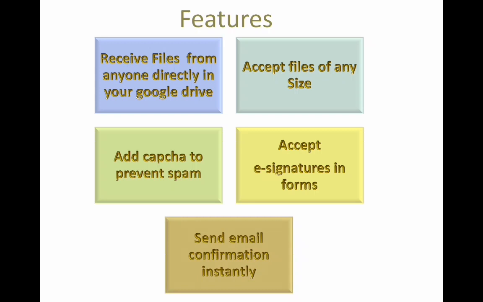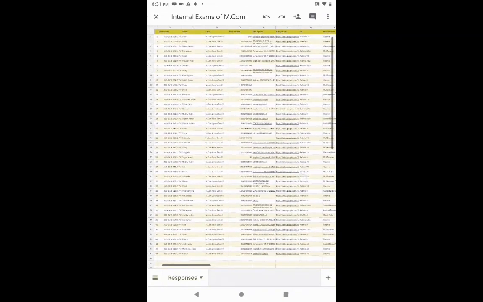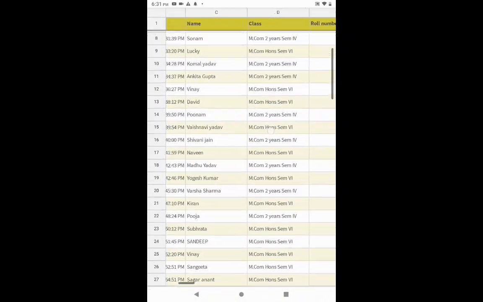While completing the form, the email confirmation is instantly sent by these forms. As soon as the form is submitted, we can also send the email confirmation to notify the form submitter. So this form can be created inside Google Sheets.